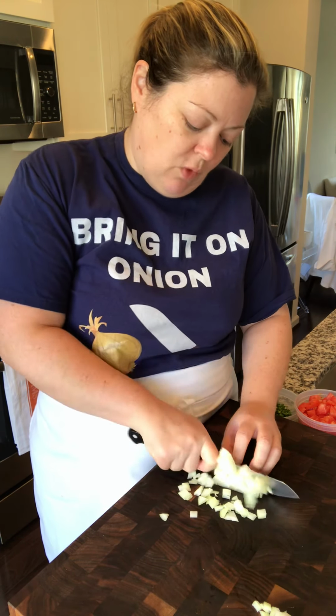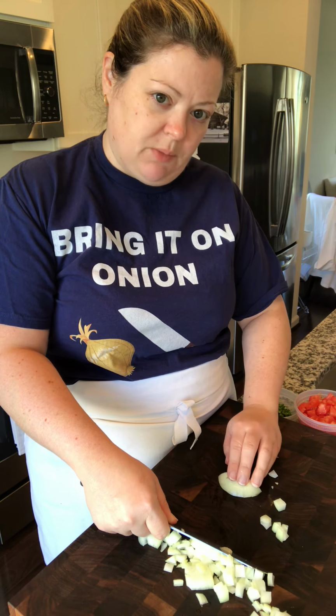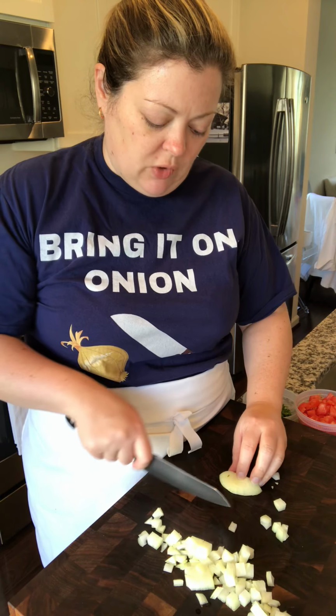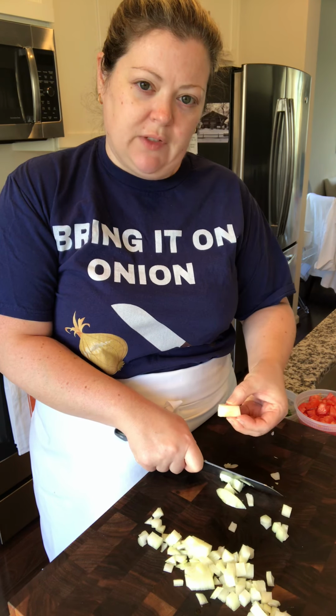If it's a bigger onion, you won't be able to get your tip on the board. When I get to the piece that I can't grip anymore back here, I flip it forward. So that's what I did. It was upright and now it's tipped forward. I can see the root ball again. I'm going to get a little bit more off the sides so that all I have left is that little root ball